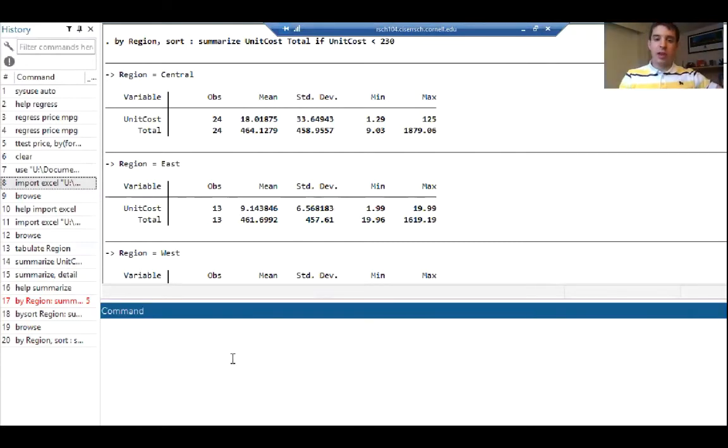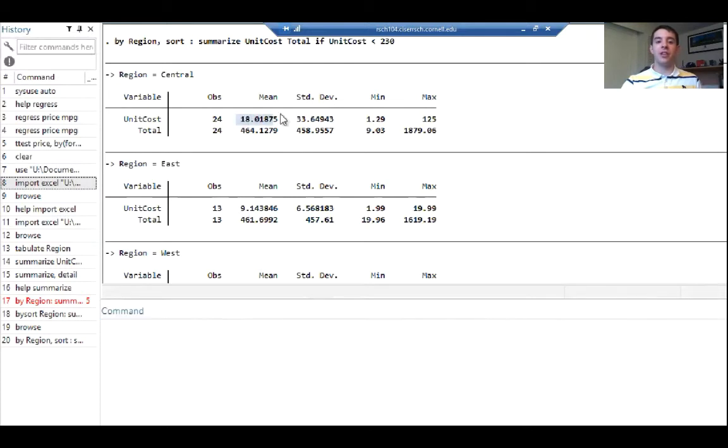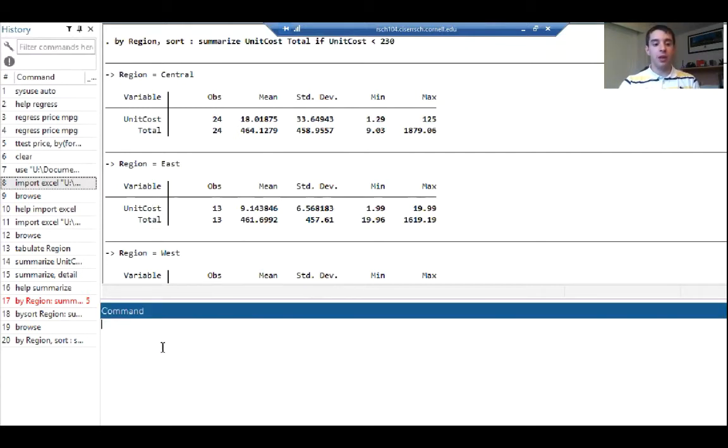And so that's cool and all, that printed my results, but perhaps I want to take this a step further. I want these numbers, the average and the standard deviation, to be in their own Stata dataset. So I can do further statistics if I want, or I can just print them out or something. Then that's no problem. This is a little bit more of an advanced command called the collapse command. And